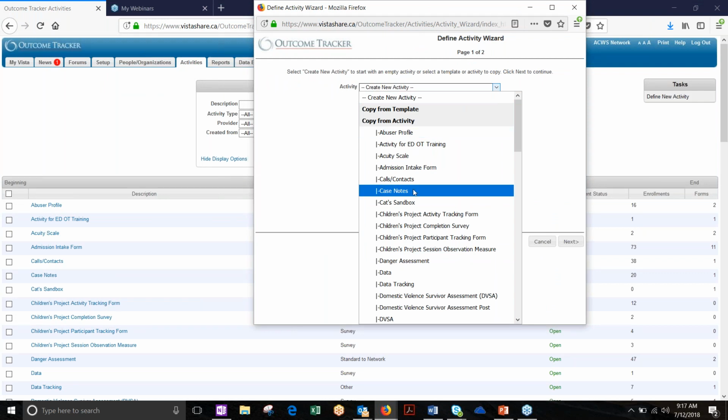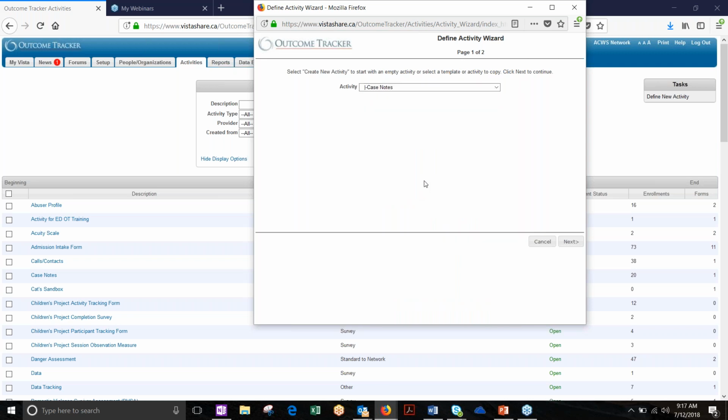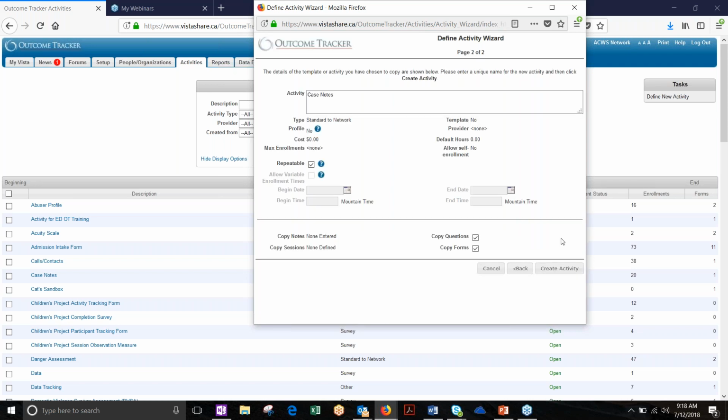So I selected case notes. If you guys have a preference to select something else, that's great, but it probably makes sense to follow along with the same tools that we're all going to be working from. So just select what you want to copy from, click next,